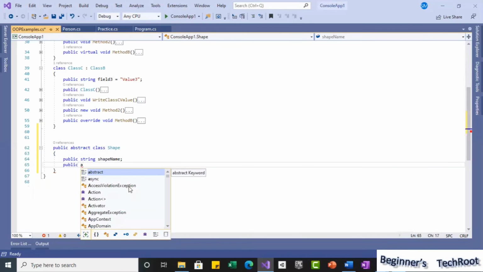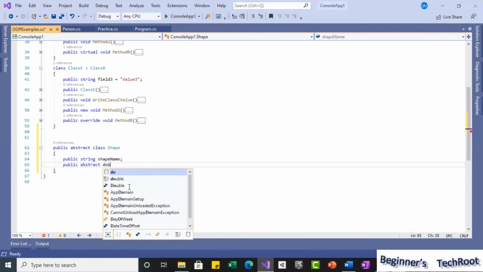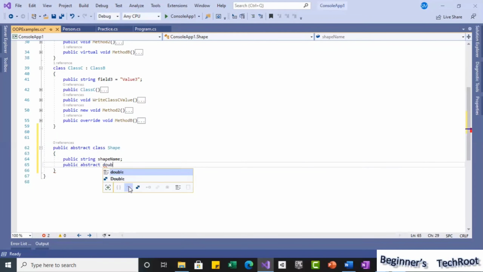This also I am going to make abstract. You can make a few without abstract, but I am making the class as well as the methods and properties purely abstract, so that they can be used in derived classes. So public abstract, and usually the area can be a double data type.